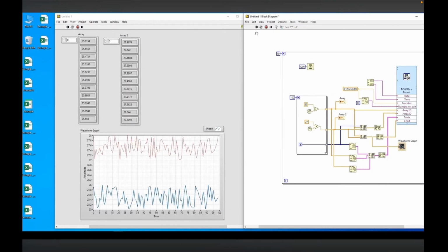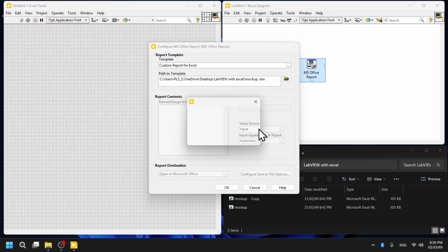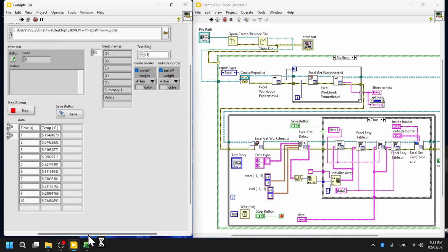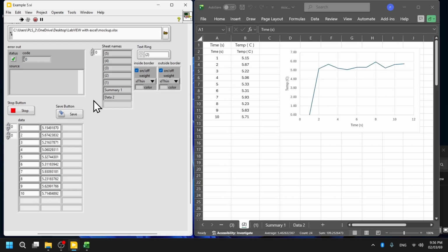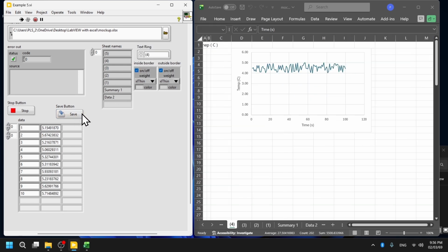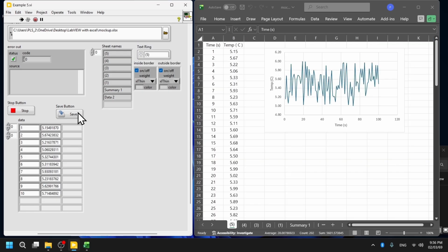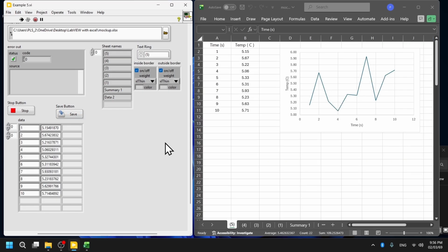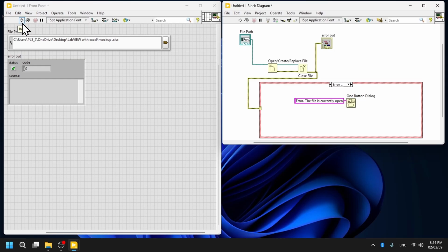It is great for creating new files, but it struggles when we want to write data into an existing Excel template without overwriting the format, so I switched to the standard Excel functions to control the file. In this video, I will show you how to read and write Excel files using LabVIEW. We will check the file, select a sheet, and update the data. Let's get started with the first topic.